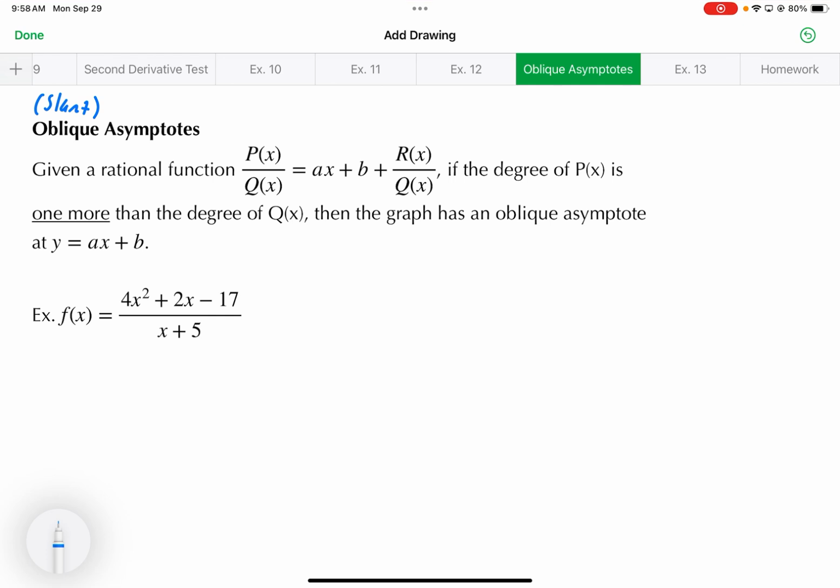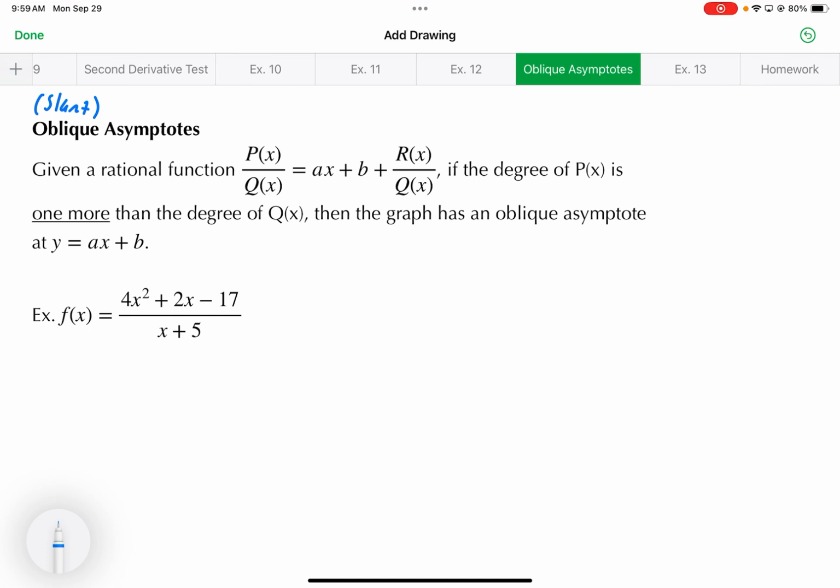However, if the degree of the top is 1 larger than the degree of the bottom, you have what's called an oblique asymptote or a slant asymptote. So reference number 2 from that graphing practice worksheet that I gave you guys on Friday. That is what a slant asymptote will look like. If you guys turn around and look at the board back there, you'll see that there is a line, like Max even put in there, or Machi, a dashed line showing that your graph is going to trend along those